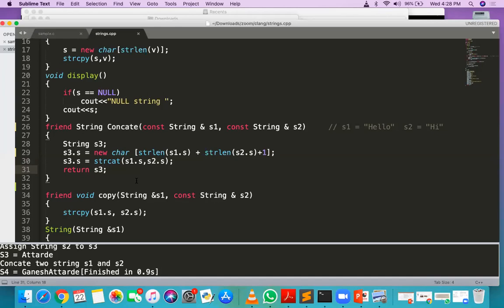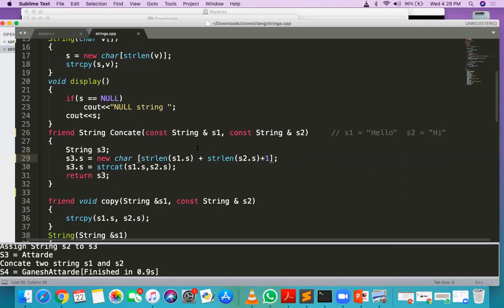Again do strcat for the second string and third string, then I have to add +1 explicitly. First you get I space am. Then I space am is concatenated with the space, it becomes I space am space. Then it gets concatenated with Akhilesh. So after that, +1, then comma, strlen of the third string. Now strlen of s2.s you have written, then +1. Then you have to add strlen of s3.s, then again +1, right? Okay, got it.